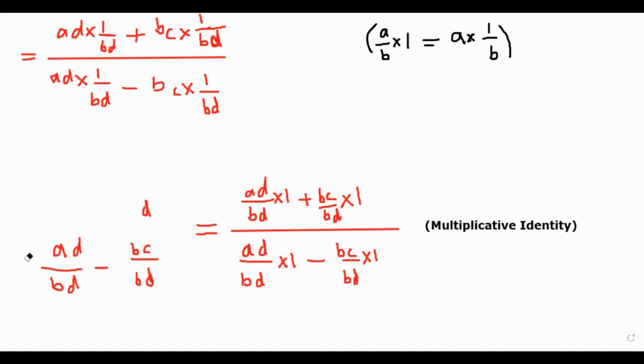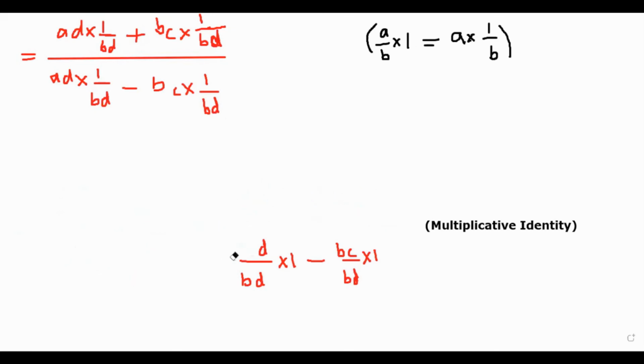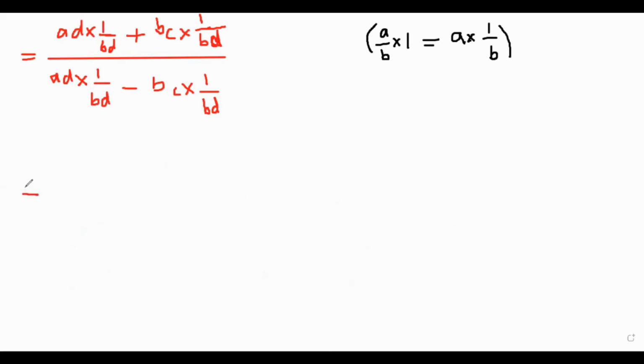Now we'll be looking toward the common. In usual language we say it to be common, but in our course we will say it to be the distributive property. So actually the common is the property related to the distributive property. What is that? You can see in this multiplication that 1 by BD is written.